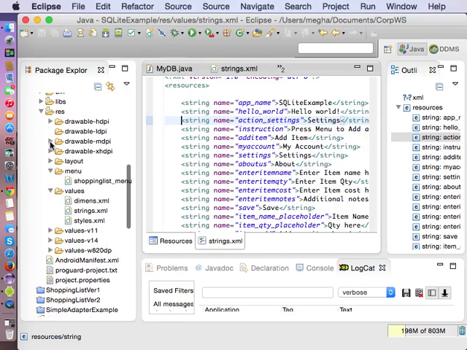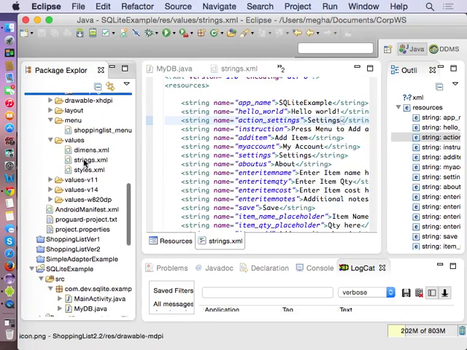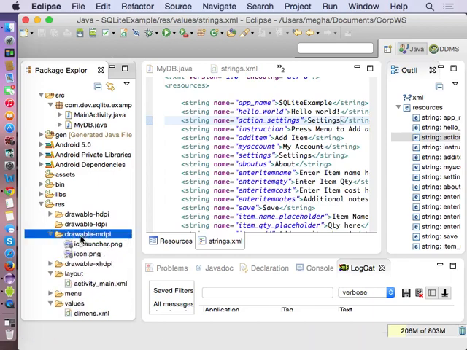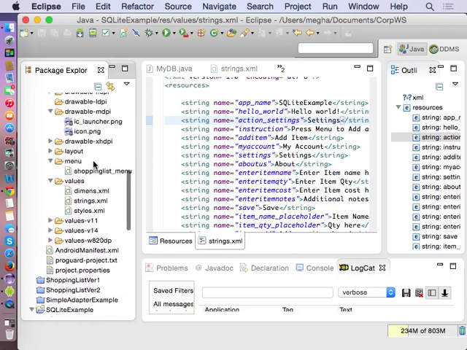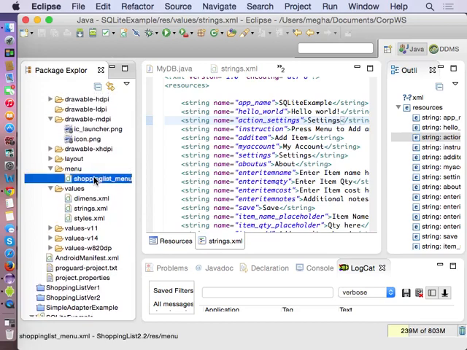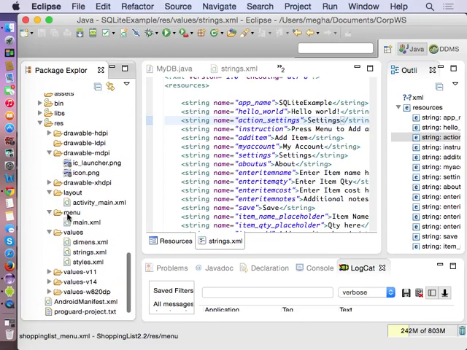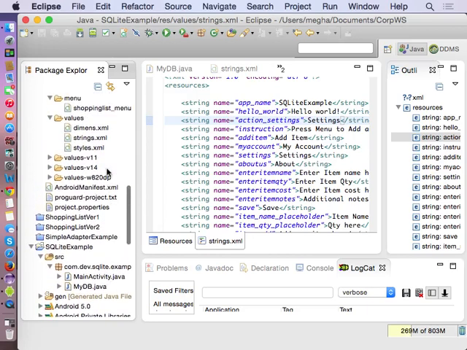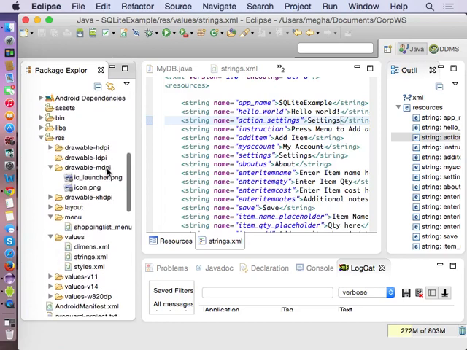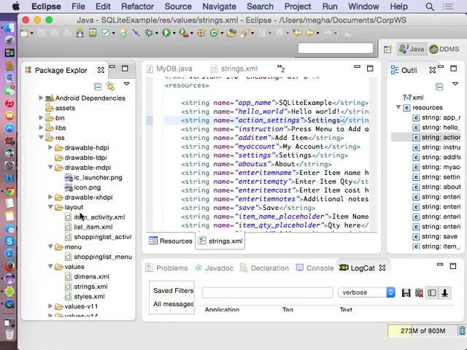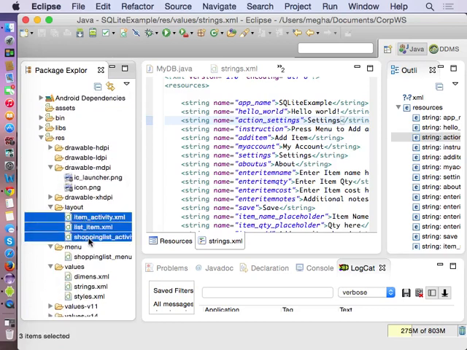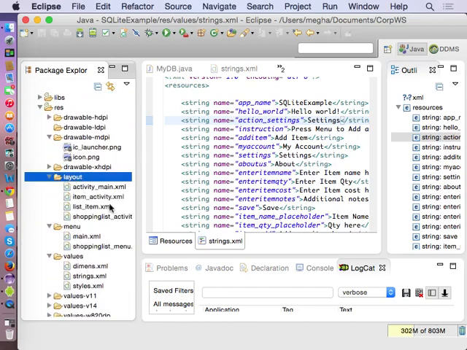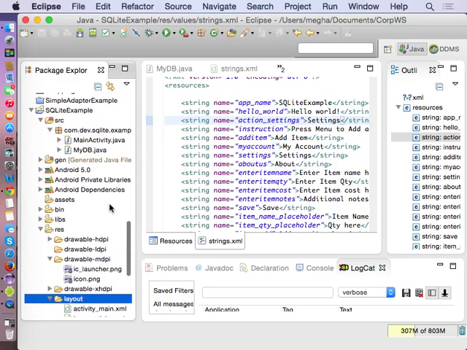If any images have icons. And I am going to need the menu. What else do I need? Layout. All the three. And finally,